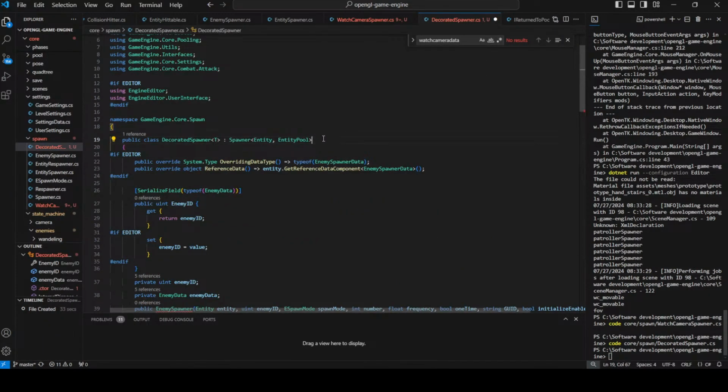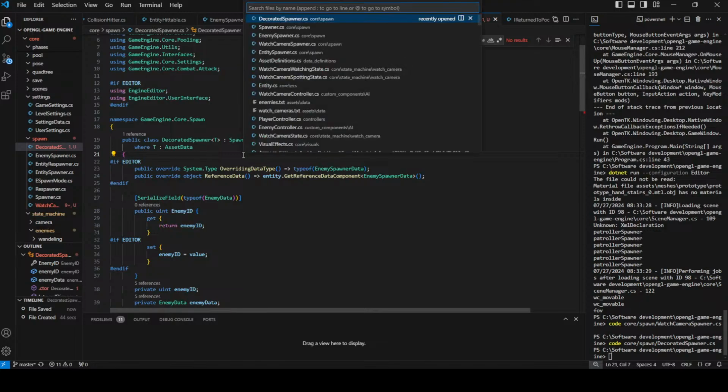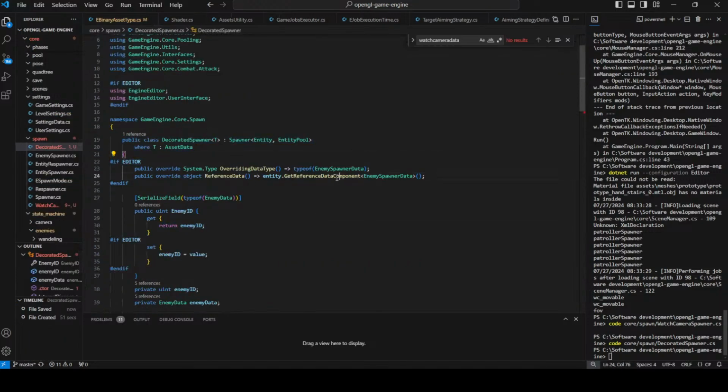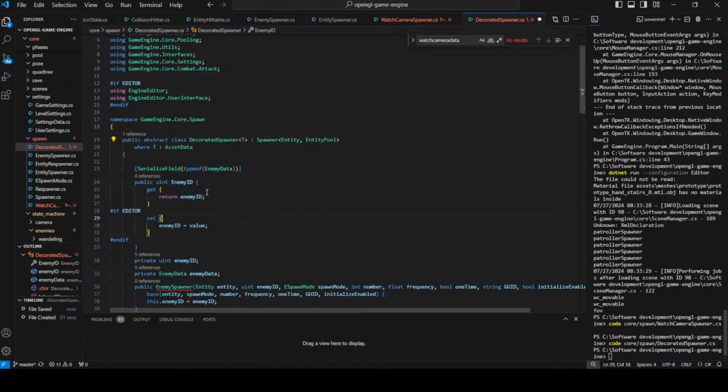Yeah, let's call it T, and then let's say where T is going to be asset data. That's what we want. Why? Because we want to pass this from asset definitions. We want to pass always an asset data here. Okay, so this is not going to have this because this is going to be an abstract class, and then